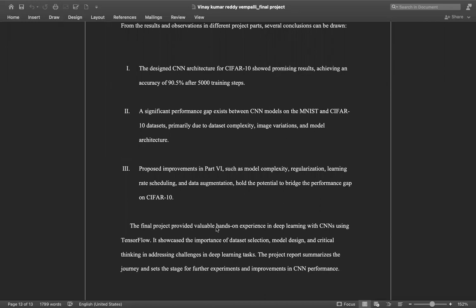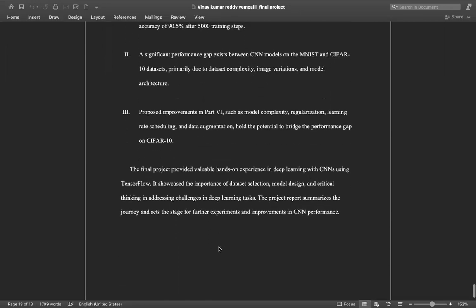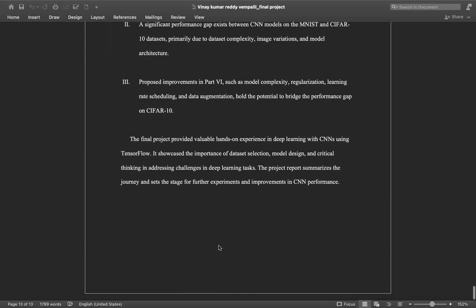So the final project provided valuable hands-on experience in deep learning with CNNs using TensorFlow. It showcased the importance of dataset selection, model design, and critical thinking in addressing challenges in deep learning tasks. The final project report summarized the journey and sets the stage for further experiments and improvements in CNN performance. Now, if you go look at the code,